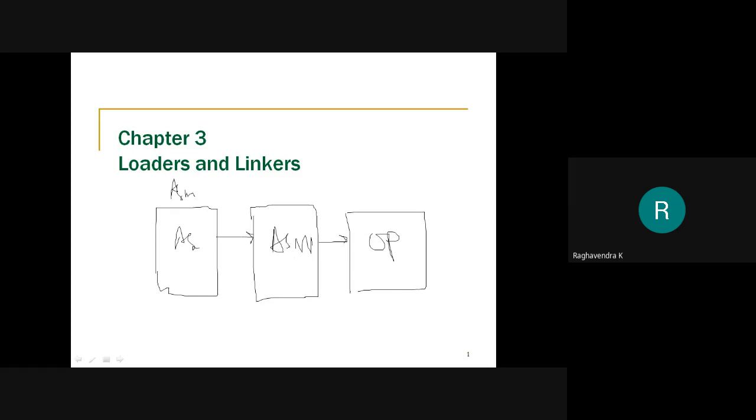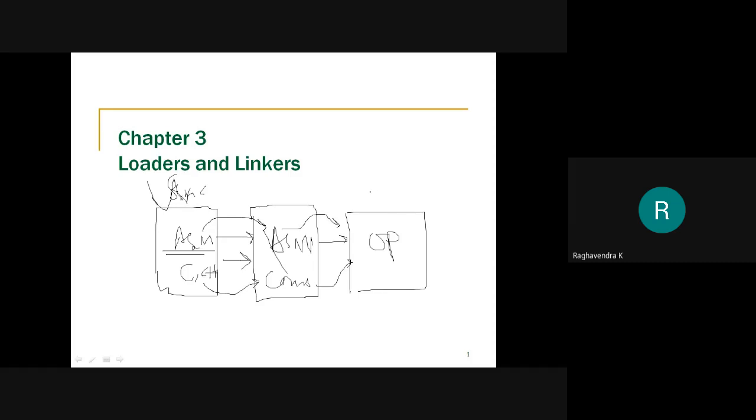So we can consider that this can be an assembler or a compiler, and the source program to be any type of program written in any language. For example, it can be a program written in assembly level language, or a program written in a high level language like C or C++. Then an assembly level language program will be converted by the assembler into an object program, and a high level language program will be converted by the compiler into an object program.